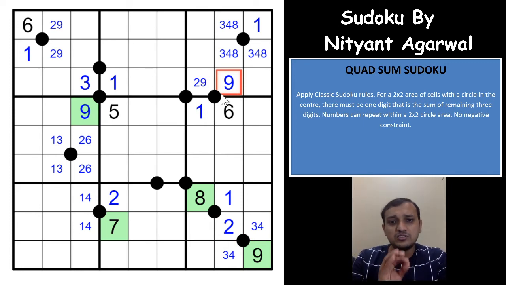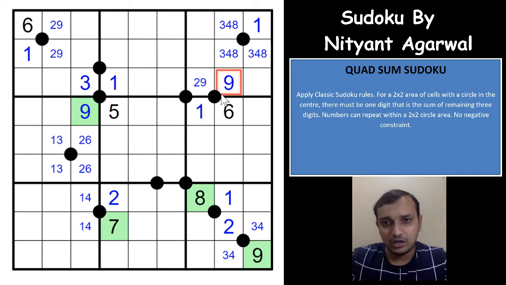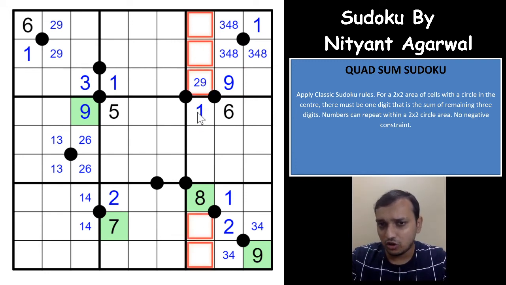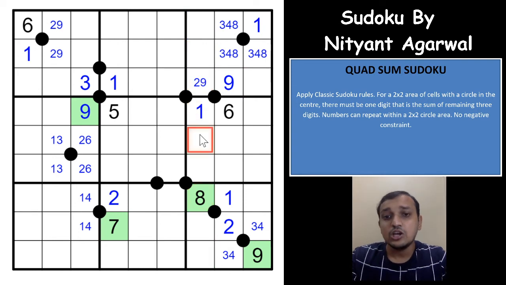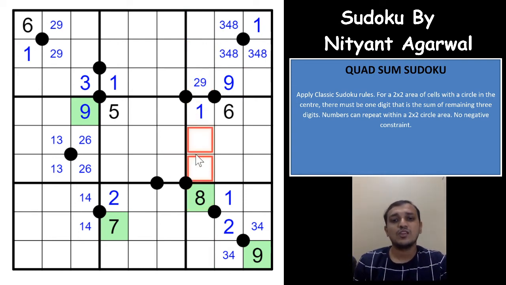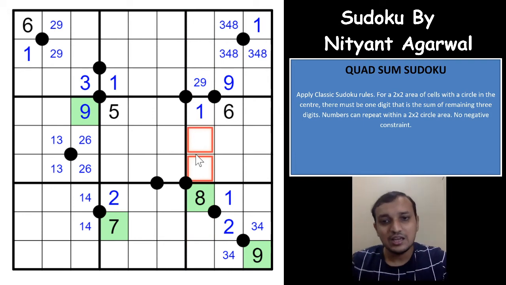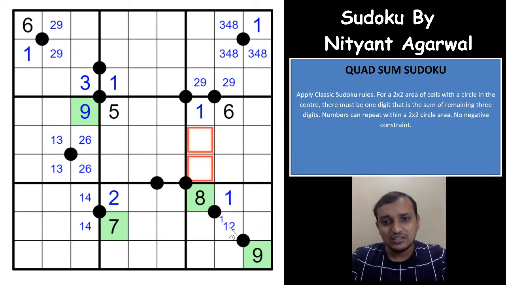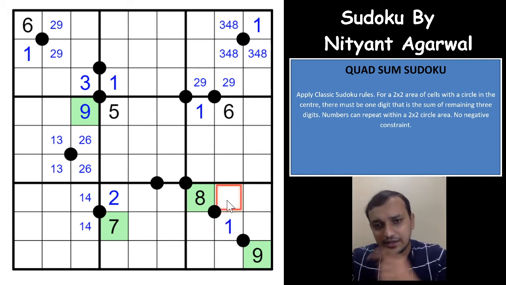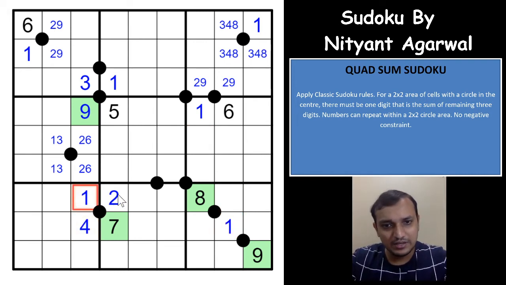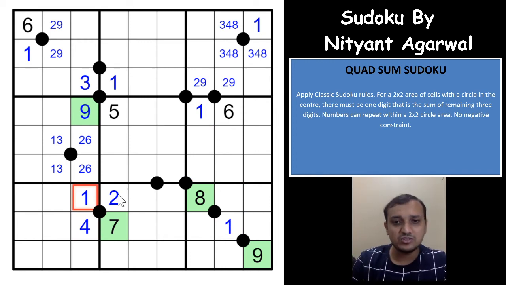Where can you have a 3, 4 and 9 in column 7? Of course, 3 and 4 cannot be here. 9 also cannot be here, right? 3, 4 and 9 cannot be here. You already have a 1 here, you already have an 8 here. You have only 2 cells left for the 3 digits to be filled. Of course, that is not at all possible. And that actually says that this cell cannot be a 2. This would have to be a 1, right? That gives you a 4 here, a 1 here, and that actually completes this Sudoku.